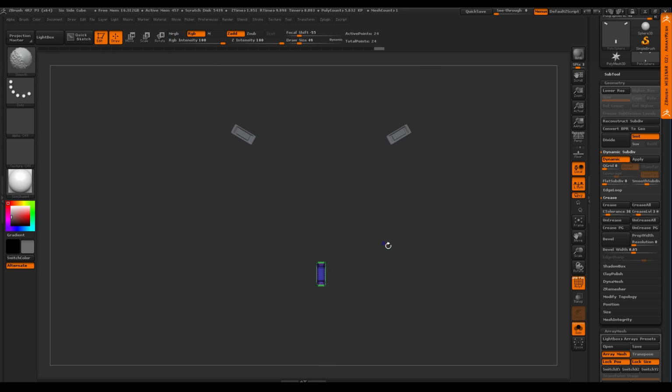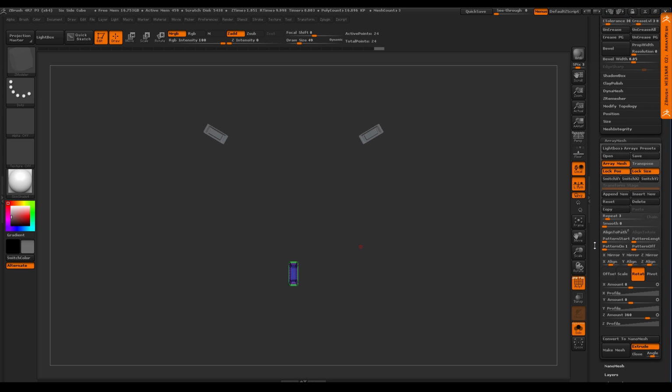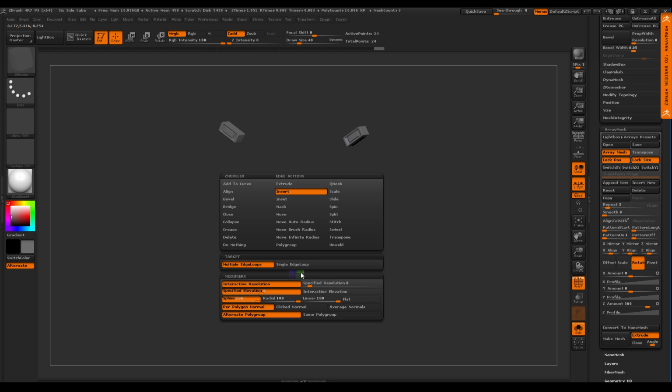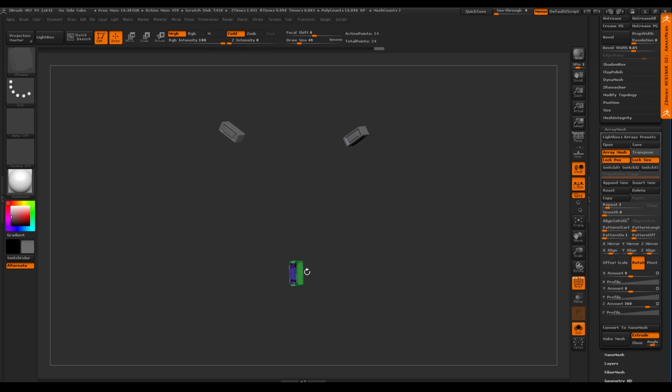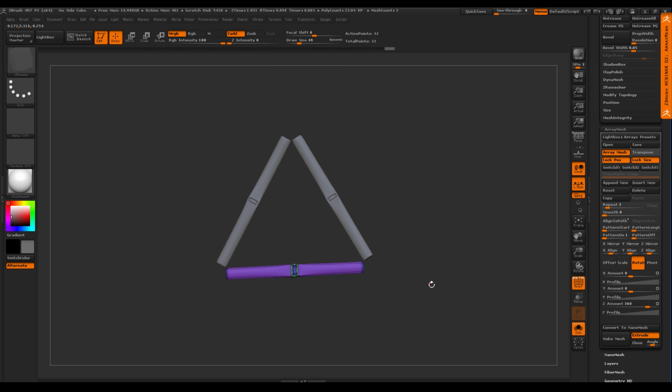So this is kind of where I started, but we need to turn it into that triangle piece. Here's a fun thing that I like to do with Array Mesh. I'm done with, say, this light portion, and I kind of want to get even a little more crazy. Of course, we can continue, say, all right, let's work in symmetry, right? We'll go to QMesh, along a face, and I can pull out, and you can see it happening up there, and I can pull things along here, and you can see how we can start getting that shape. I want to start doing more things along here, though.